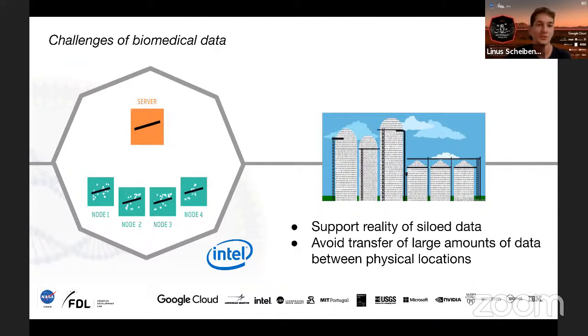And a potential solution to this problem is so-called federated learning. Here we're working with our partner from Intel to train our causal inference models on data that is scattered across different data silos, so that we don't have to centralize the data from different locations, but can still gain insight from data that is distributed across different places.